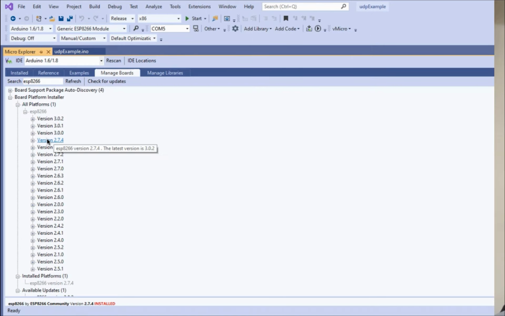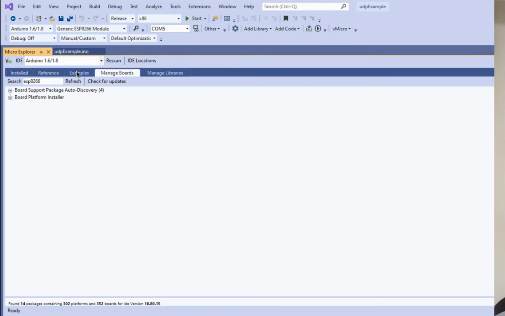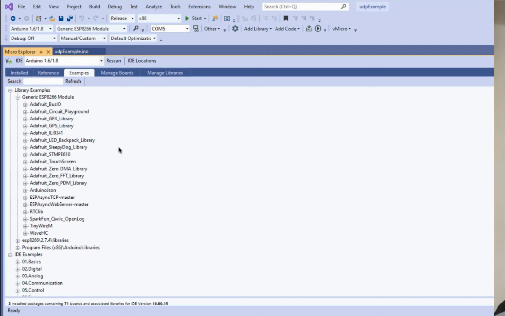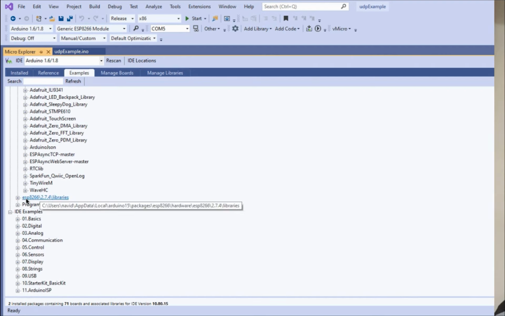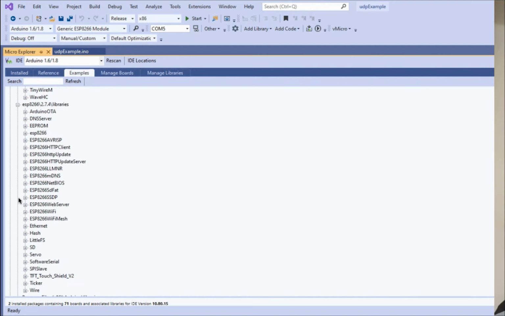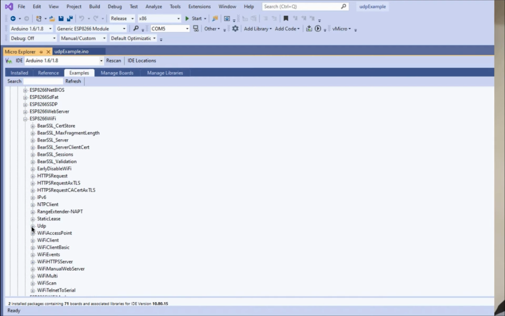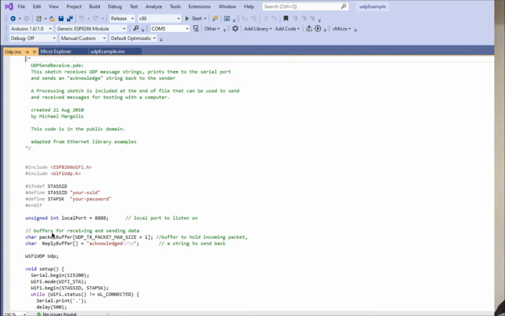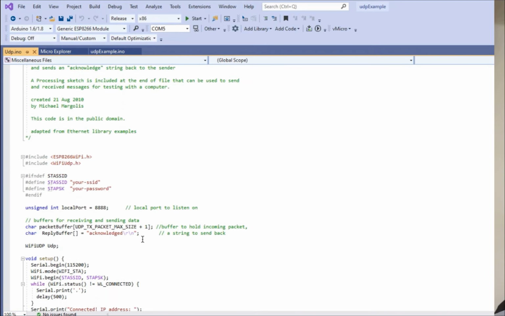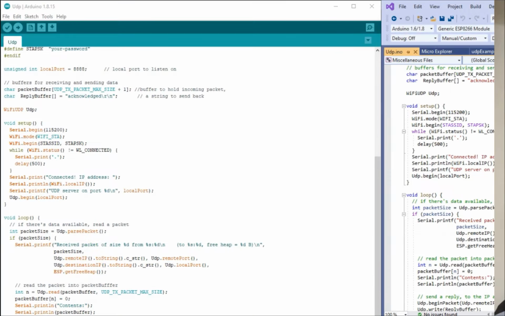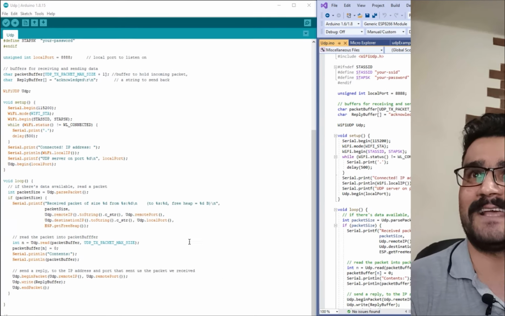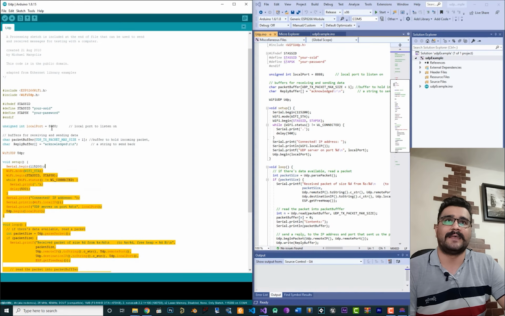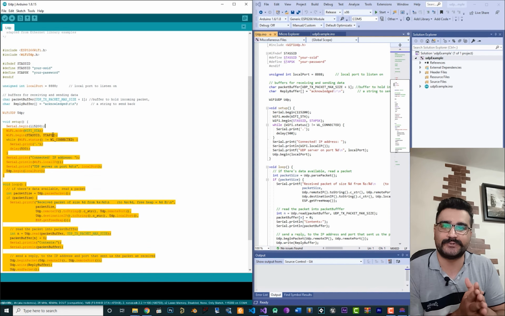You saw from before that we installed this board. If you go to examples, you can see it from here. Go to examples, go to ESP8266 libraries, and in here go to ESP8266WiFi, and in here there is UDP. If you click on this, the example will pop up. Show both of them. This example is exactly the example that is here, and they reference the same